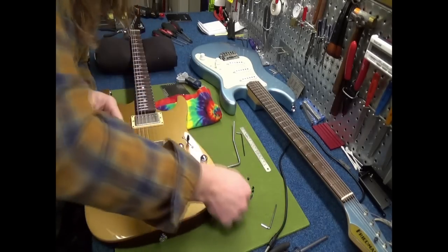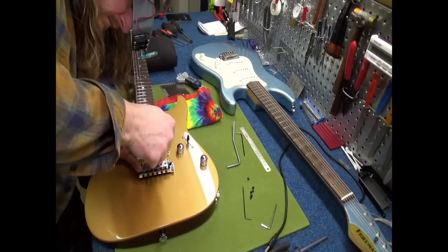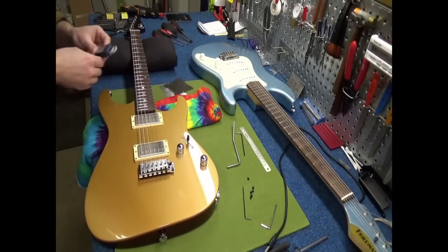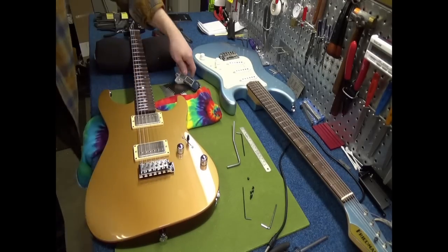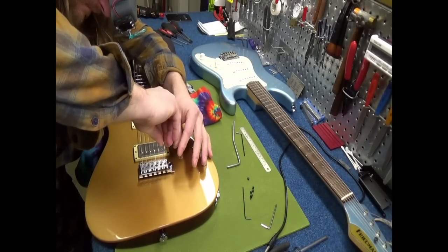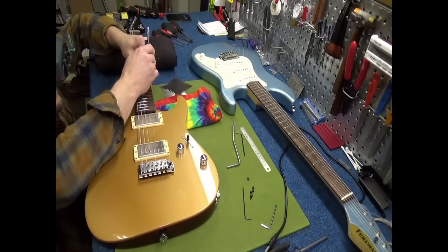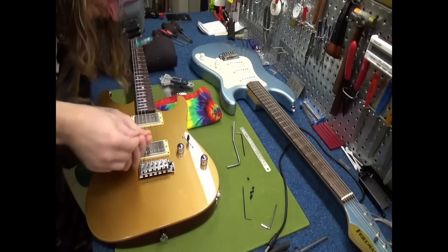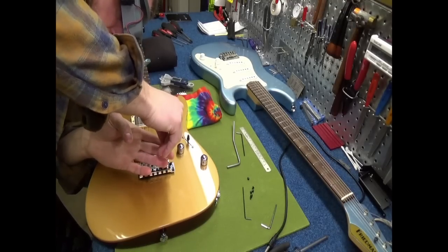So here you'll see what I'm doing is lining it up dead on for my setup. I like 3/64ths off the 12th fret from the bottom of the string to the top of the 12th fret. And so I can adjust the saddles exactly to the radius of the fretboard by doing this. And then I will get it 3/64ths all the way up until the A string or E string, depending on